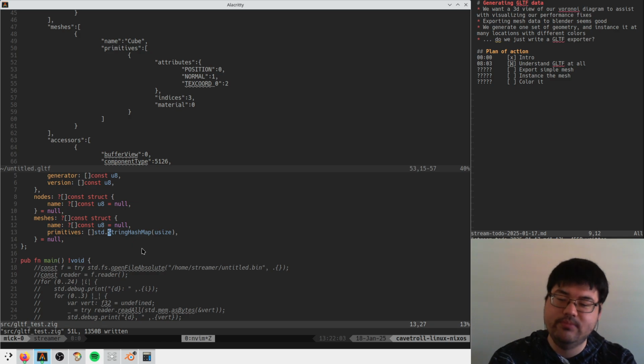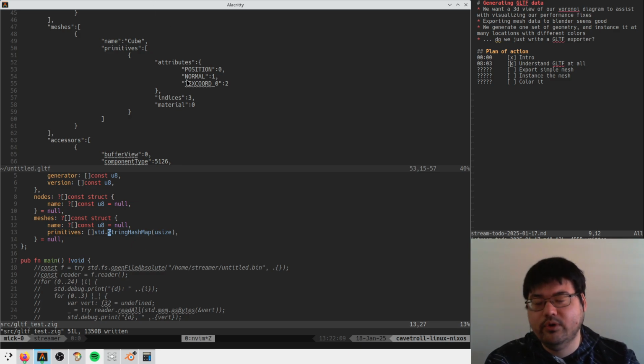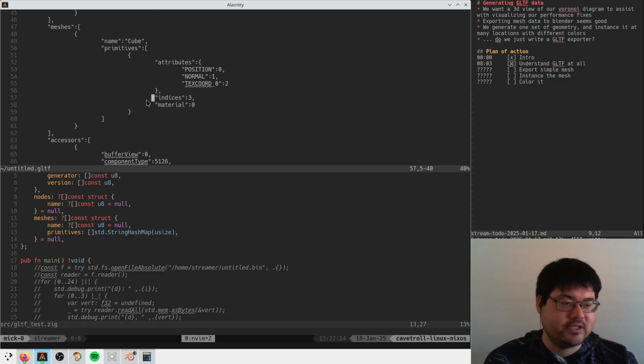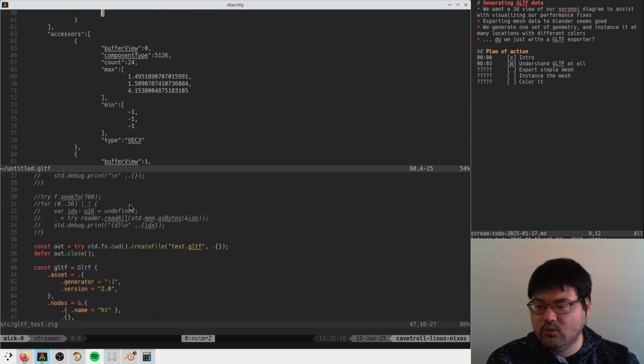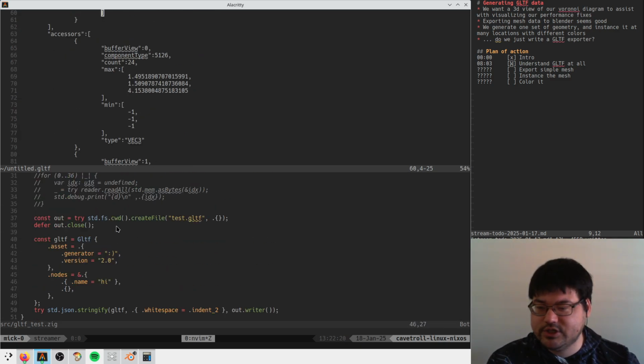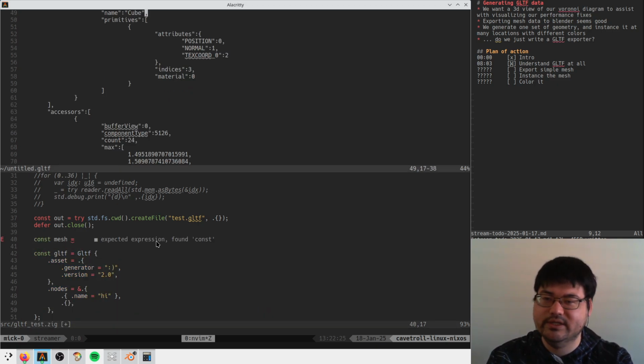Okay, so if we want to make a mesh that just has positions, we don't care about texture coordinates, we don't care about normals, we might not care about indices. Let's just try to make a single triangle. Okay, we'll make a single triangle. So we're just going to have a mesh which has